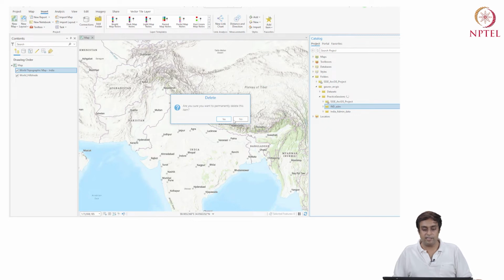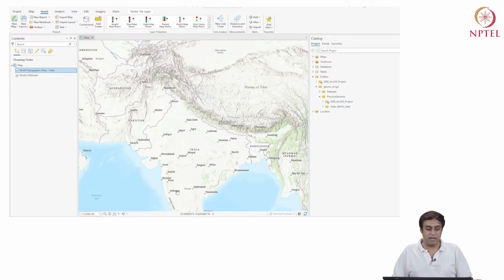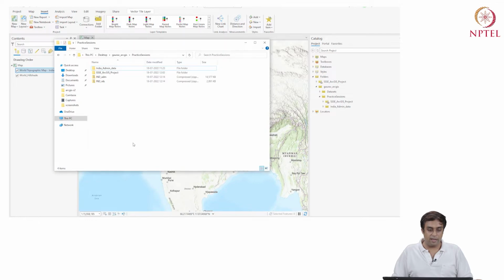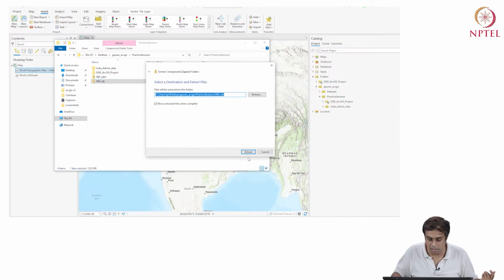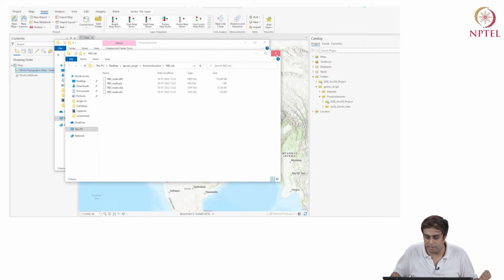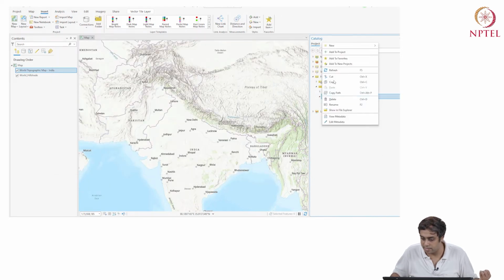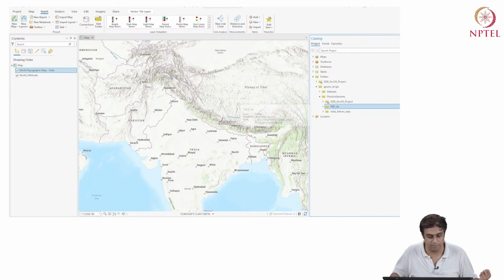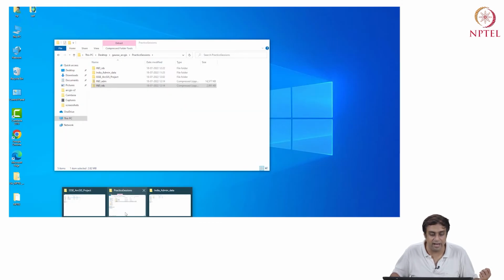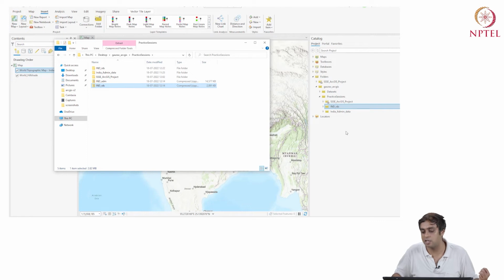Do you want to delete this item? I'm going to say yes. If I do that and go to my Explorer and refresh, the India ADM file is gone from here. Okay, I can again extract India roads. I can say extract all, extract, and if I go to practice sessions and say refresh, it brings it here. So I'm basically navigating folders from within ArcGIS. Basically, I'm just trying to show you that.